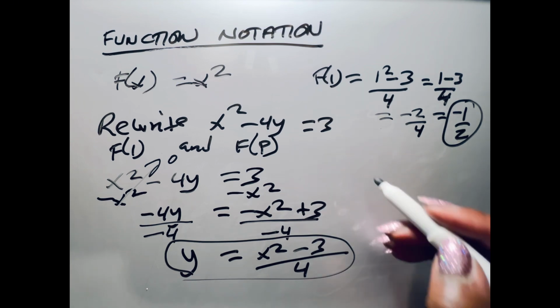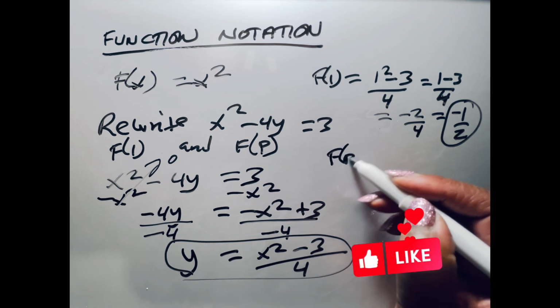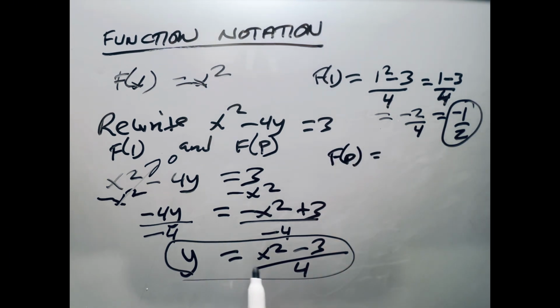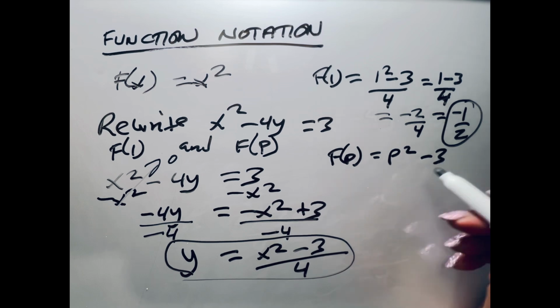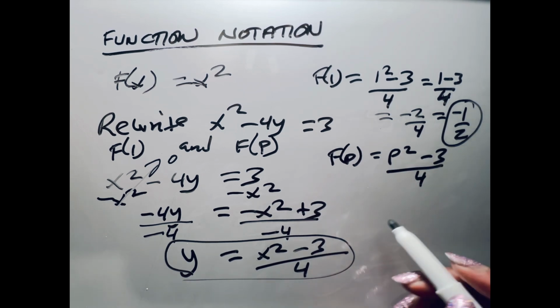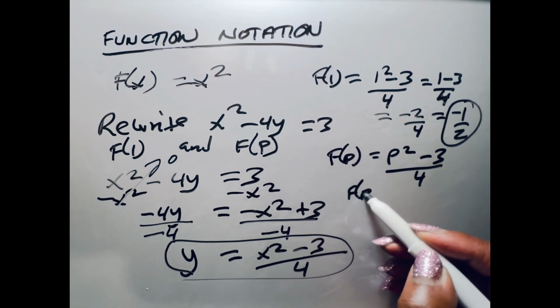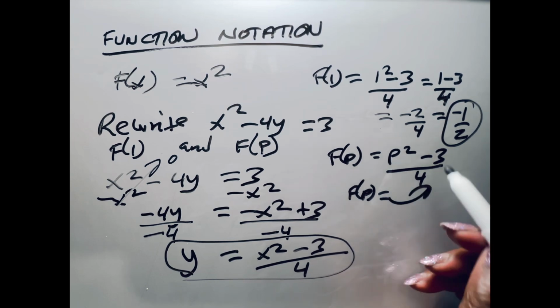Now to find f of p, we will take p and plug it in wherever there's an x squared. So it will be p squared minus 3 over 4. So f of p is